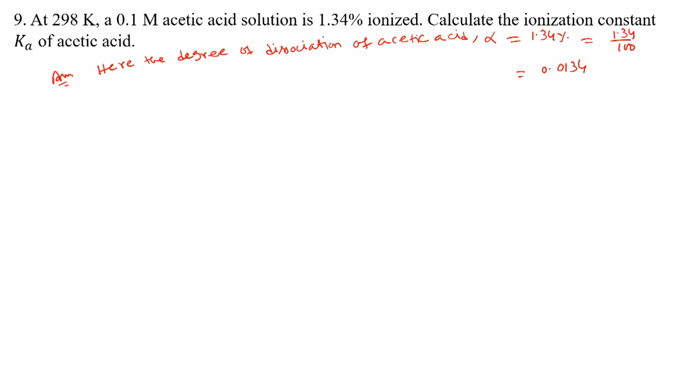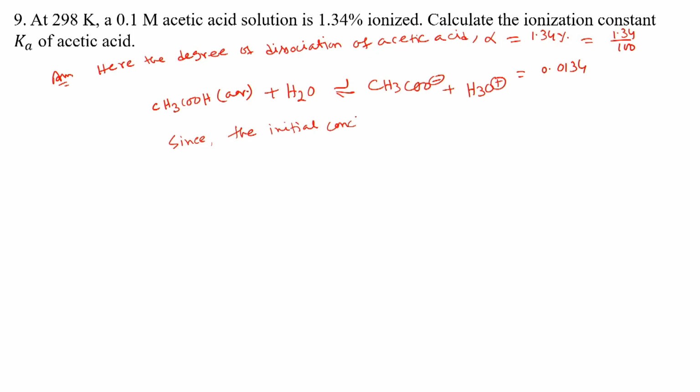So now we consider the equilibrium. CH3COOH is acetic acid, so we are adding water here. Now it is in equilibrium with acetate ion, CH3COO minus plus H3O plus. Since the initial concentration of acetic acid is 0.1 molar,